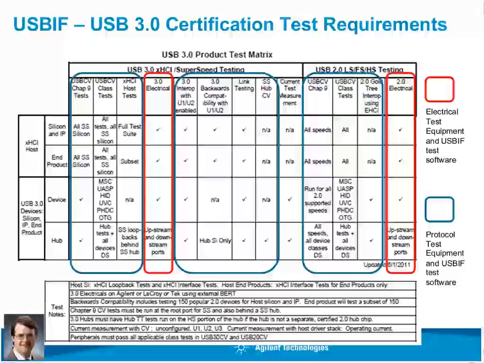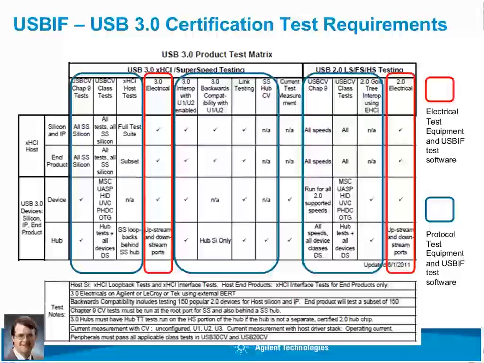I highlighted the different test categories to help you understand what equipment and test requirements might exist for these different categories. The red boxes indicate the physical layer test requirements, starting with USB 3.0 electrical. For hosts, you test for silicon and IP. You test all the test requirements that we have listed. For end products, the test requirements are the same. Same thing with devices. And with hubs, upstream and downstream ports also have to be tested for full compliance